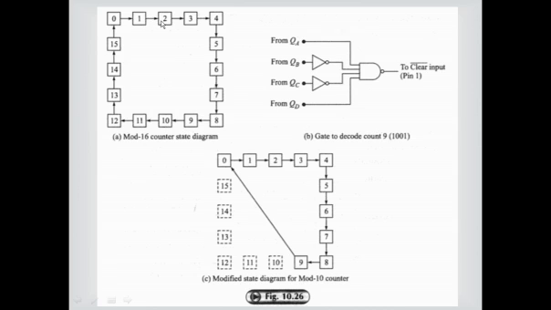Again, when the next clock pulse is there, it will advance from 1 to 2, 2 to 3, 3 to 4, and in that way up to 15, and after 15, 1111, it is going to be reset to 0. This way it will work as a normal mod 16 counter when all control signals are high. P and T are high, the load input is high, and the clear input is high. Then it will work as a normal mod 16 counter, or 4-bit synchronous counter.